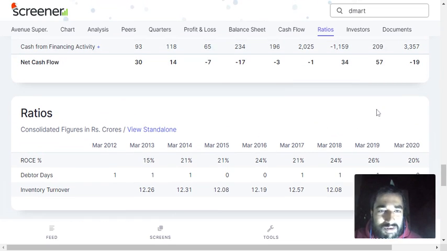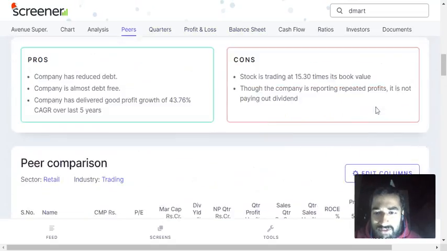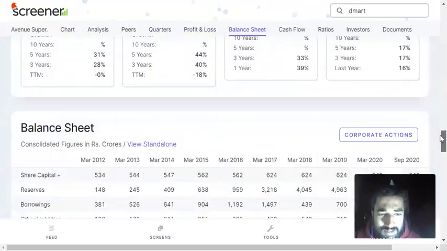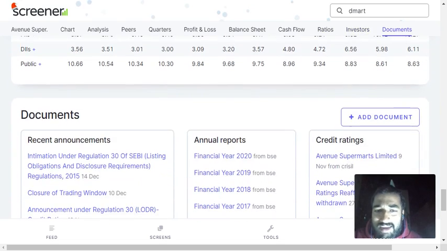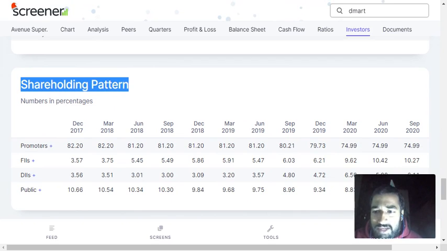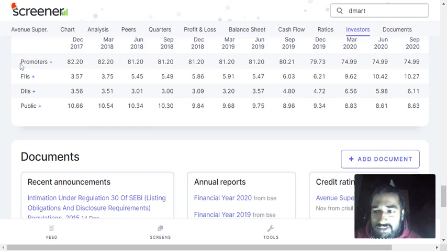Now, the third important parameter, which is not part of fundamental analysis, but you should be looking into that number, is the FIIs and DIIs holding. See, if you scroll down on screener, you will see the shareholding pattern, and therein you will see the stakes of promoters, FIIs, DIIs, and public. Promoters are the owners of the company. FIIs are foreign institutional investors, all the foreign money that comes into India: foreign mutual funds and portfolio investors. All of it comes in FII.